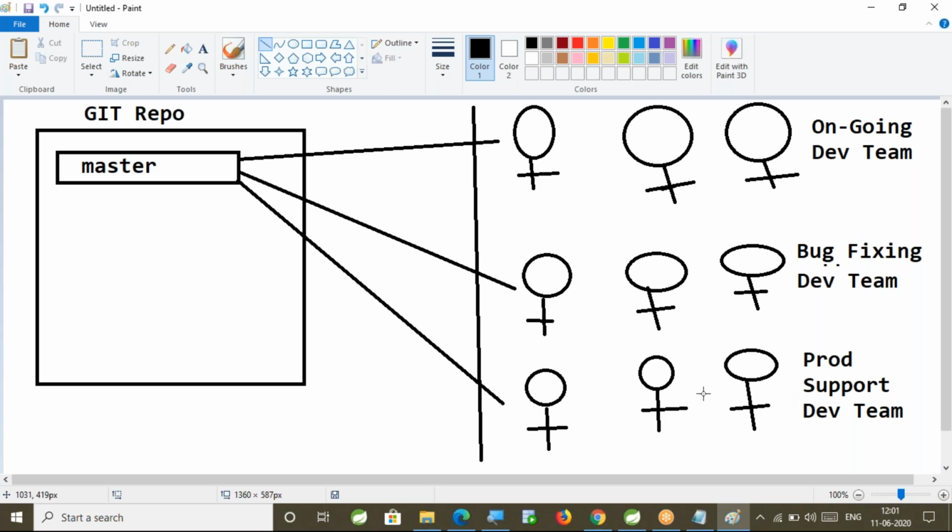So whatever new code they are writing, in the initial development stage, the code will not have quality. First of all, requirements will not be clear. We don't know properly what we need to do. So daily we are developing small requirement functionalities, and we are keeping that code in the master branch.